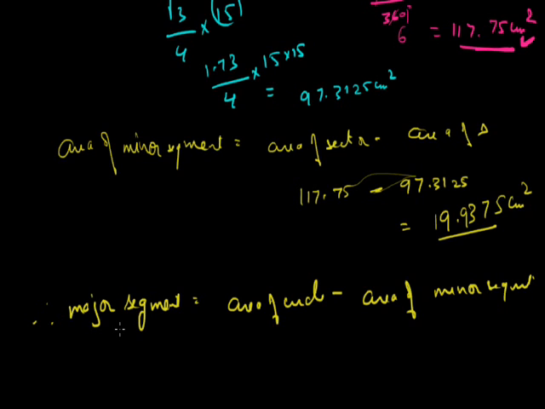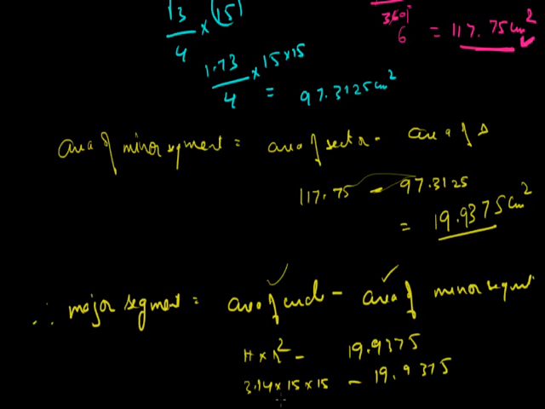Because the major segment is the remaining part of the circle. The total circle is the area of the circle, and minor is the area of the minor segment. The area of the major segment is pi r square minus the area of the minor segment, 19.9375. That is 3.14 into 15 into 15 minus 19.9375. Now this is 706.50